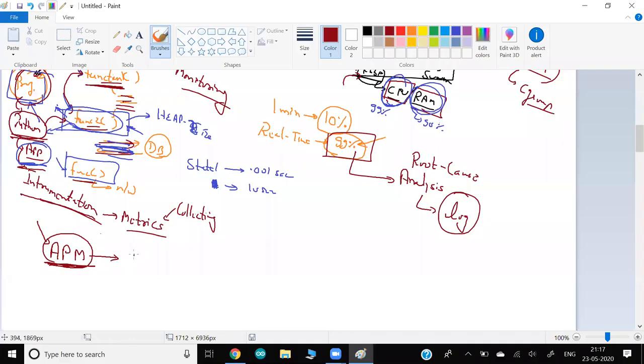One of the great tools I just want to share with you, just for knowledge's sake, is called AppDynamics. It's very famous because of APM. We also have New Relic and Datadog. Tons of tools are available just for application monitoring.